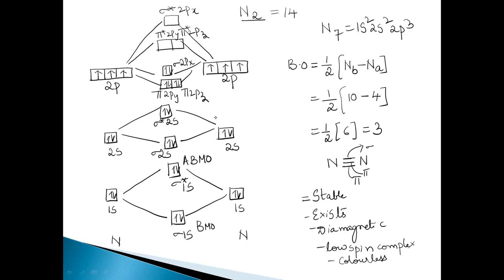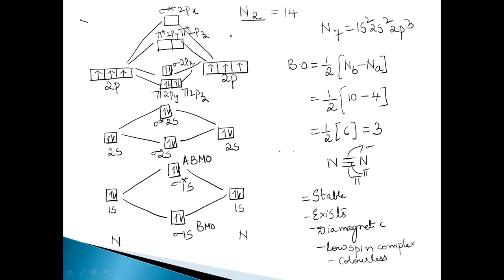Right, now let's look at HOMO and LUMO. What is HOMO and LUMO? See, HOMO means highest occupied molecular orbital. So where is the highest occupied orbital here? This is the highest occupied molecular orbital, highest occupied with electrons. So sigma 2px is the HOMO here. So I'll write it here, since there's no place. Sigma 2px is the HOMO.